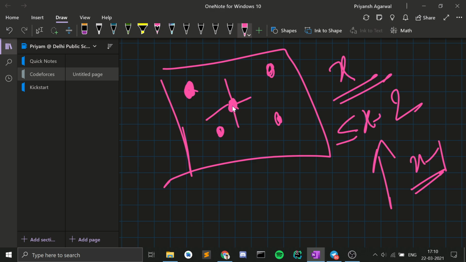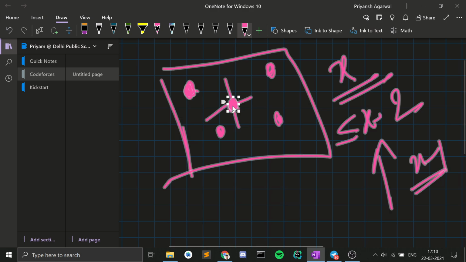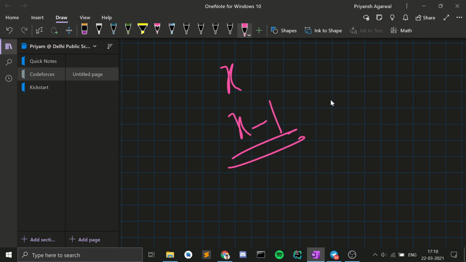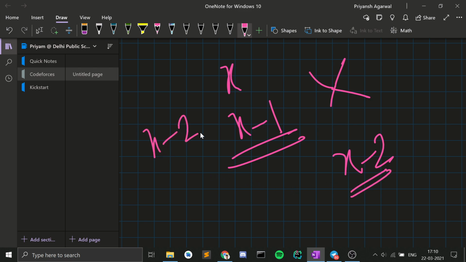So once you're done with x, next what do you need to find? Next you need to find all the cells that contain the value x minus 1. And then you look at all the neighbors of those cells that contain x minus 1 and you bring them up to x minus 2. Then you search for all the cells that contain x minus 2 and you perform the same procedure, and at the end when all the cells are satisfied, you will have your answer, right?